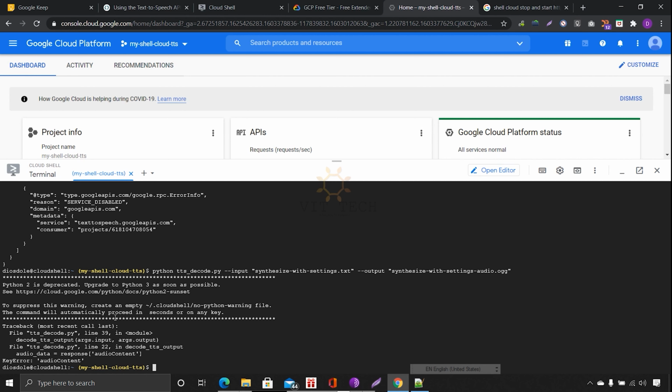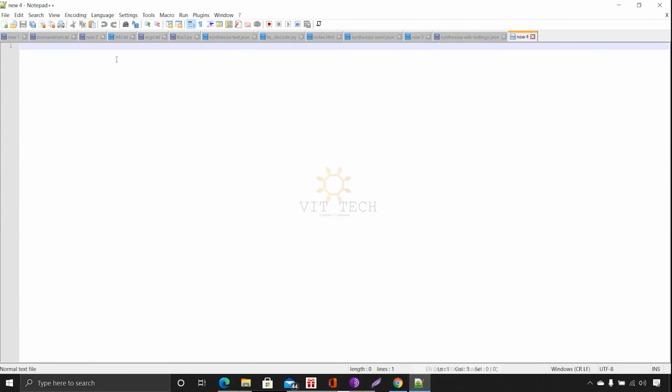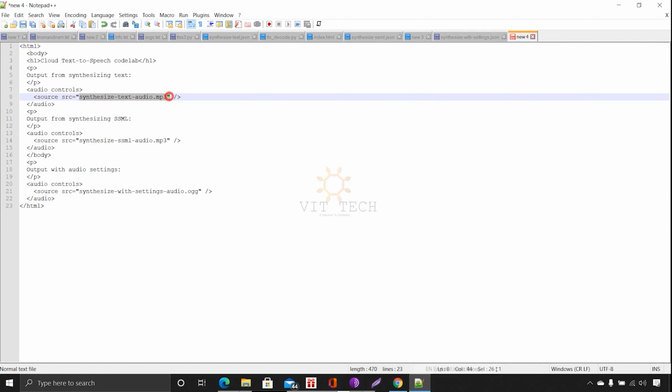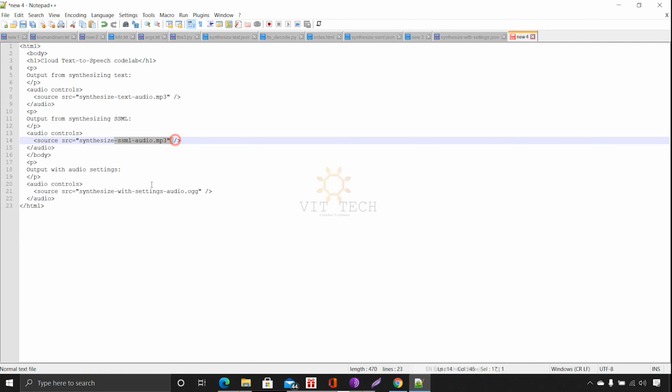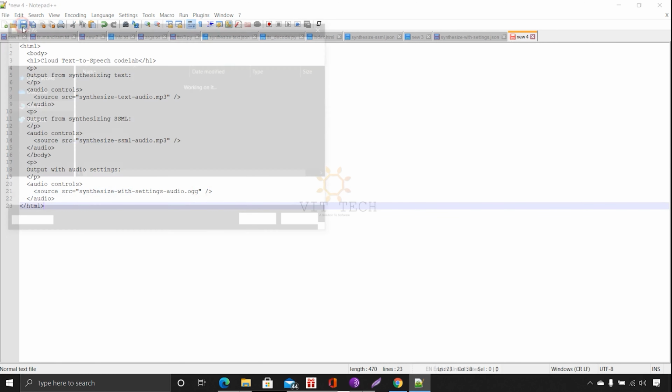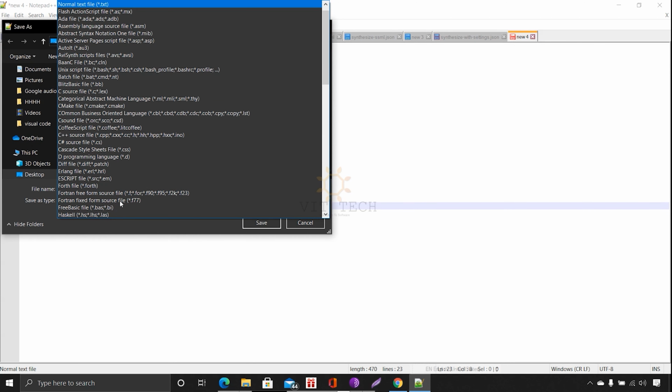To check this OGG also, we have to change our index file again. The index file contains all three: audio from text, audio from SSML, and now audio with settings in OGG. Save these three files in HTML format and name it index. Index is already there, no?